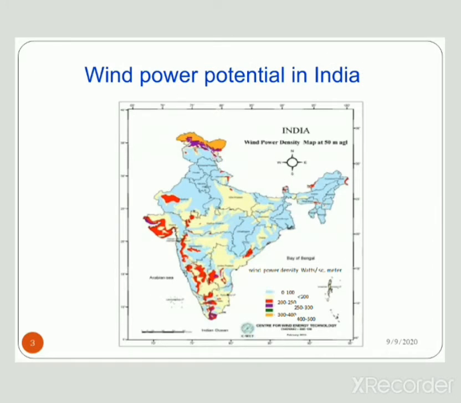This is the location of wind power. It shows where wind power plants are available in India according to color modes. Where it is yellow and red, there are the most wind power plant locations. Suppose in India 100% electricity is generated, then 70% of that energy is generated by wind power plants, according to a survey.